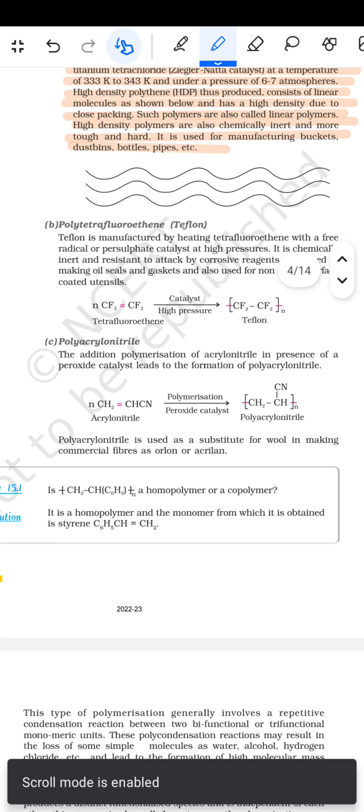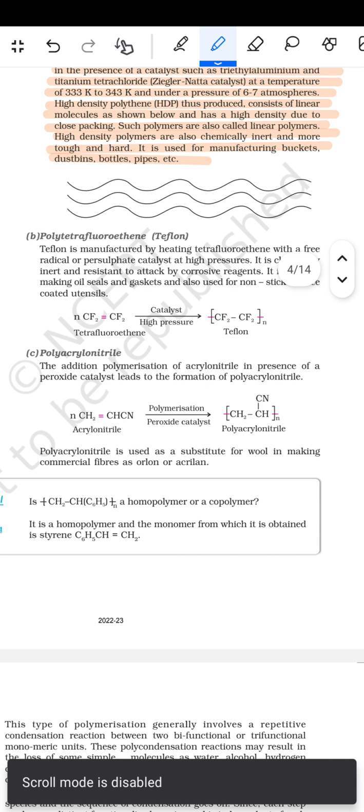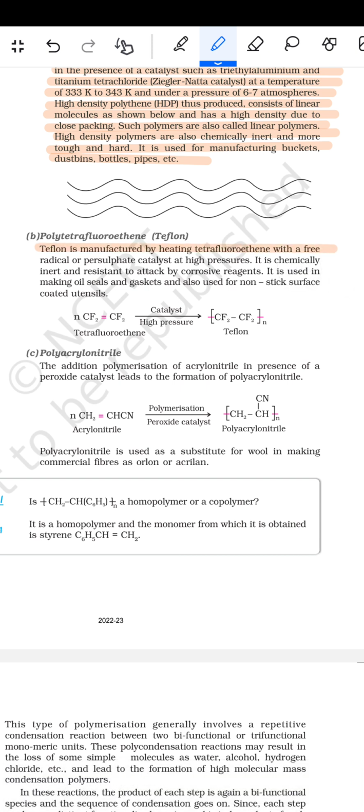फिर इसके बाद फिर आता है polytetrafluoroethene, Teflon. Teflon is manufactured by heating tetrafluoroethene with a free radical or the persulfate catalyst at a high pressure. It is chemically inert and resistant to the attack by the corrosive reagents. It is used in making oil seals and the gaskets and also used for non-stick surface coated utensils. जैसे कि टेट्राफ्लोरोइथीन है, इसको कैटलिस्ट या हाई प्रेशर में किए तो ये बन गया टेफ्लॉन।